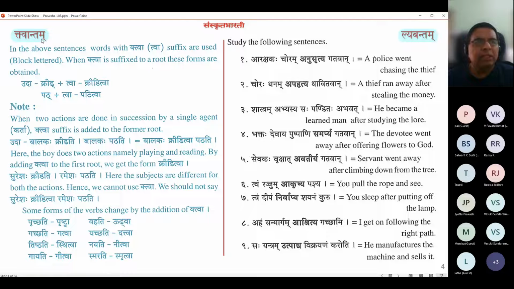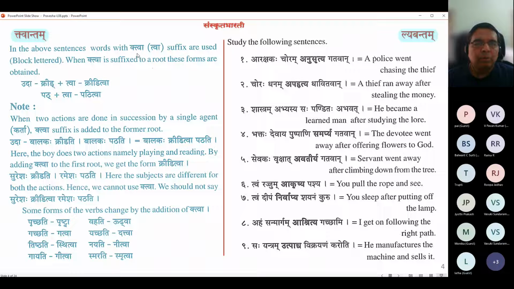And where is tvanta used? As you can see, tvanta has k, t, va, but what will remain is tva. The kakara that is there in the beginning is a technical letter added by Panini. Okay, tva is the actual embedded data. Okay, so pat plus tva, patitva, and then there is a prakriya, which is why ikara also has come there. Okay, some transformative laws that determine the final form.